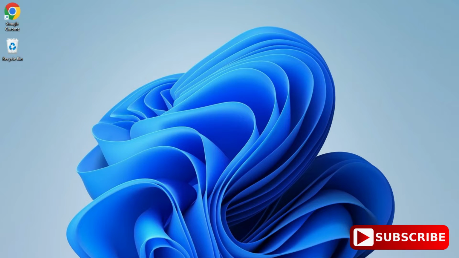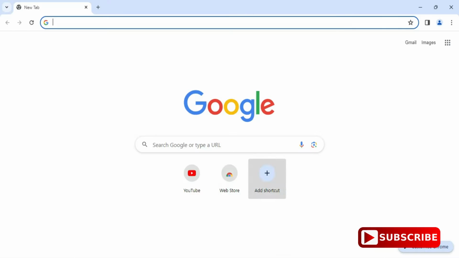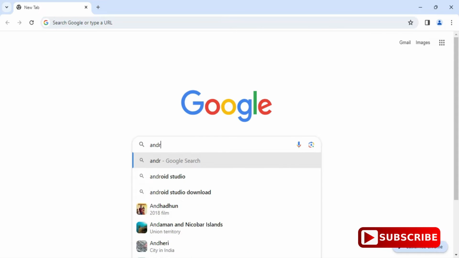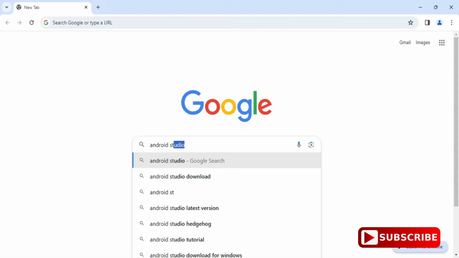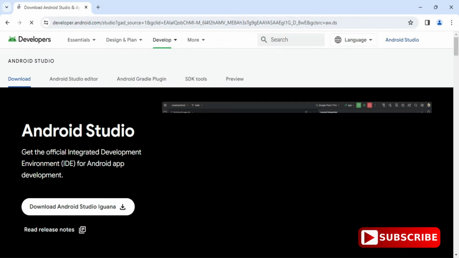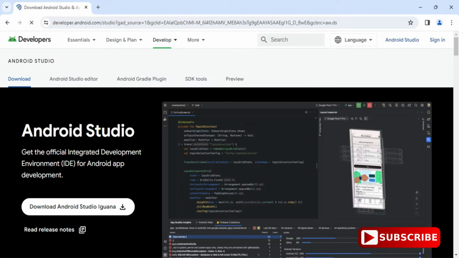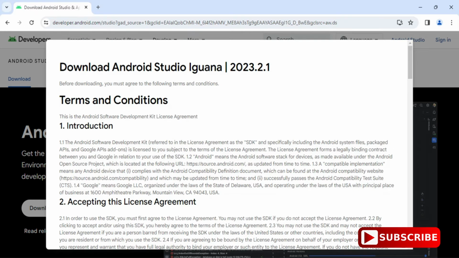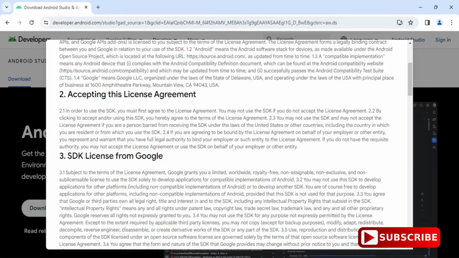You can open any of your favorite browsers and just search for Android Studio download. Guys, you can see the search result here. It is showing me the official website, developers.android.com. You need to just click on this download Android Studio link. It will redirect me to this page, and here it is showing me get the official IDE for Android apps. So you need to just click on the download Android Studio button, and guys, here I am just clicking on no